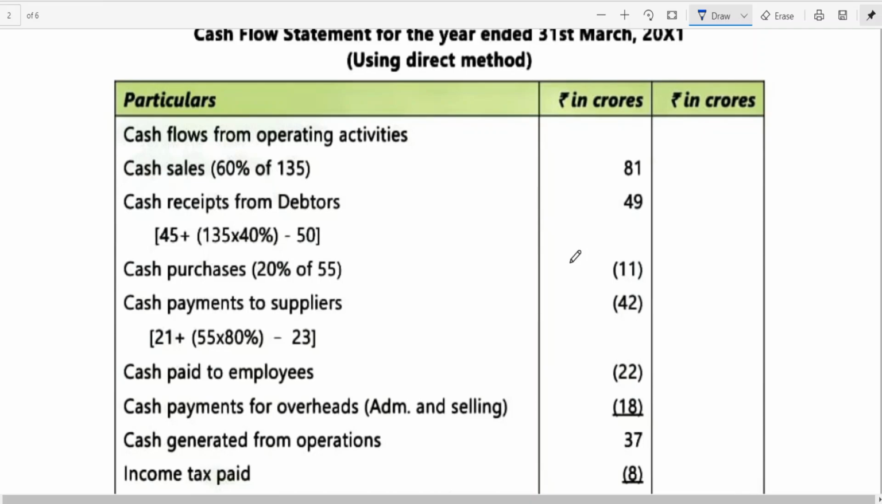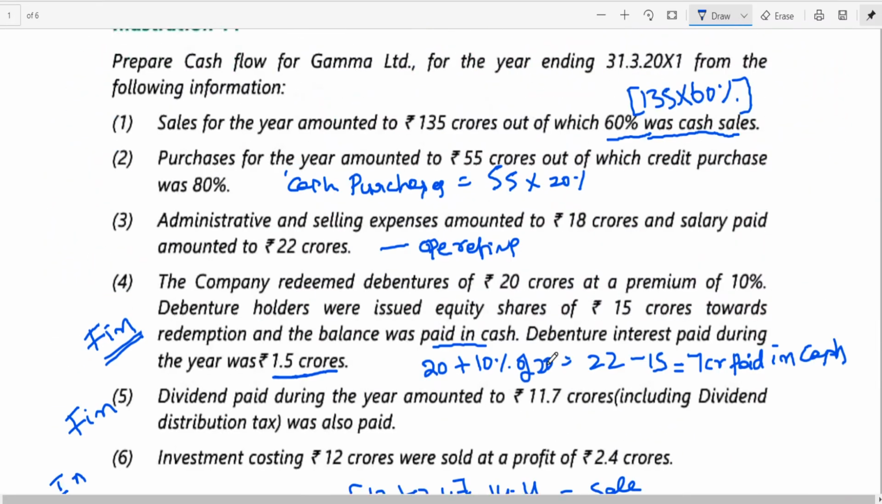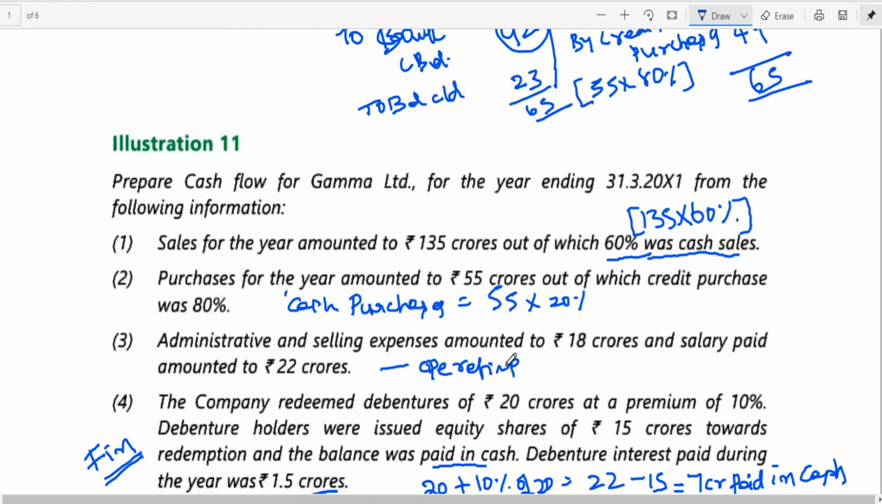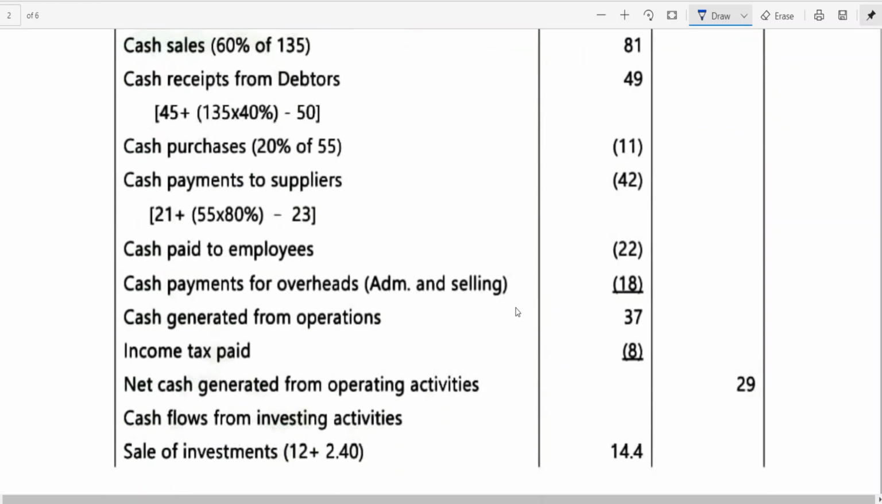To prepare the cash account, we can follow opening balance plus credit sales minus closing balance is cash collected. Cash purchases 20%, 80% credit purchase is at 20%. This we have discussed. Cash payment to suppliers, same. Opening balance plus credit purchases minus closing balance is cash payment to creditors. Cash paid to employees, I think you have seen. Cash paid to employees has been given here. Administrative selling expense amount to 18 crores and salary paid amounted to 22 crores. I think this is what has been mentioned as cash paid to employees and cash payment for overheads,